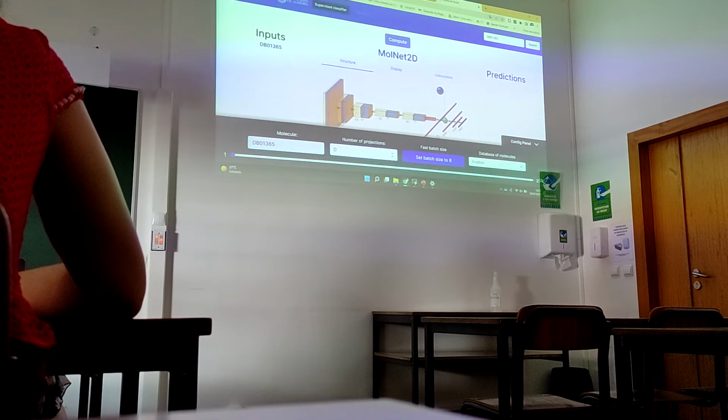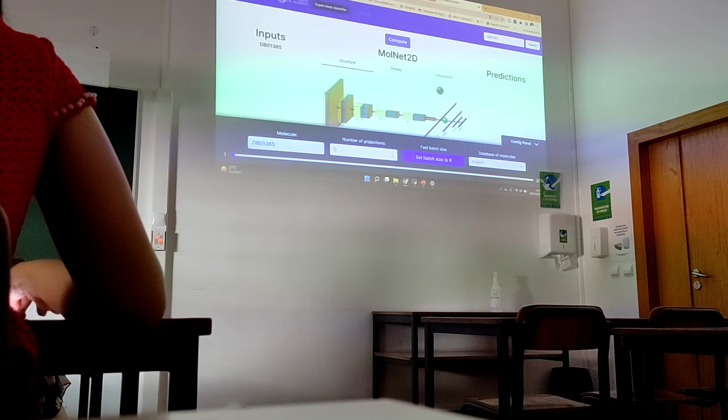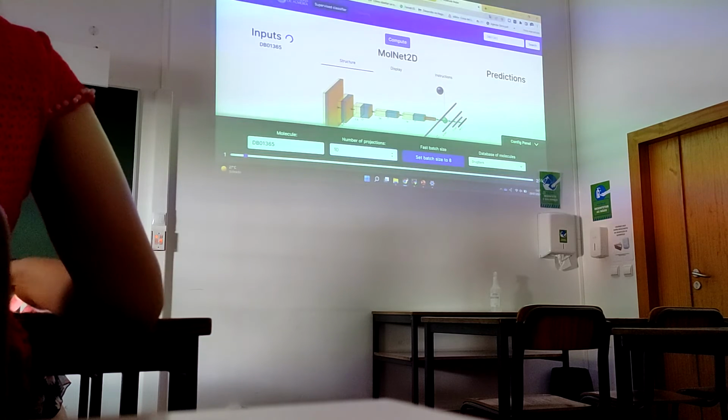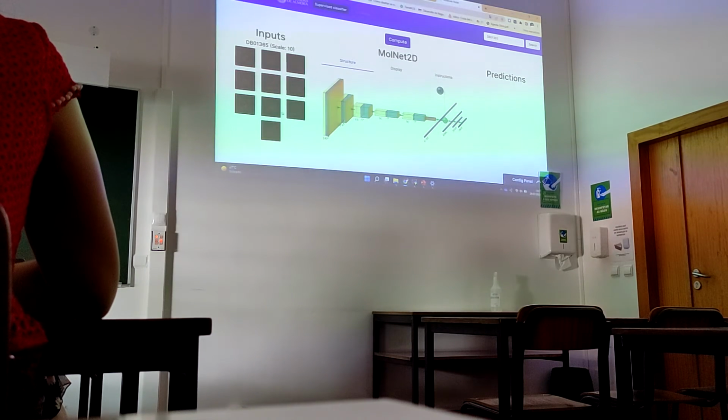It downloads the .mol file, which has a complete information of each molecule, and we generated new projections of these molecules. For example, I set it to 10 projections, and we can see them here, and if we compute them,